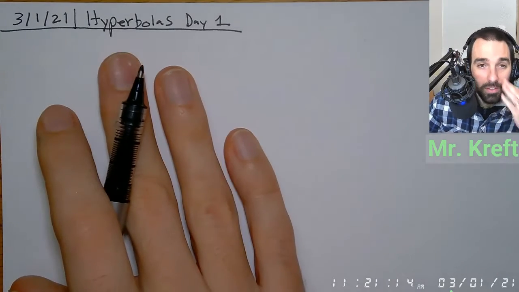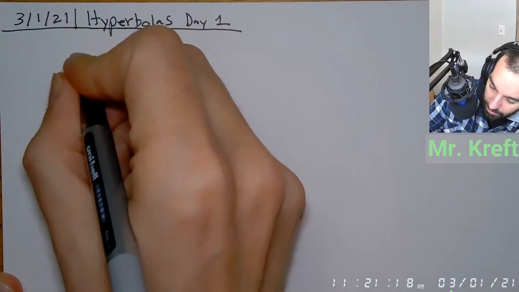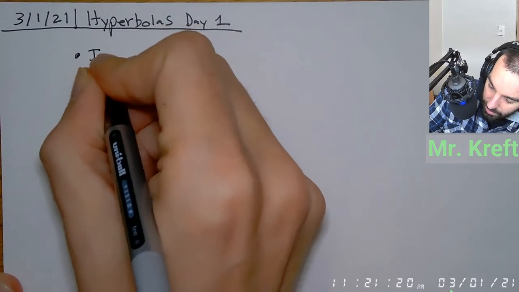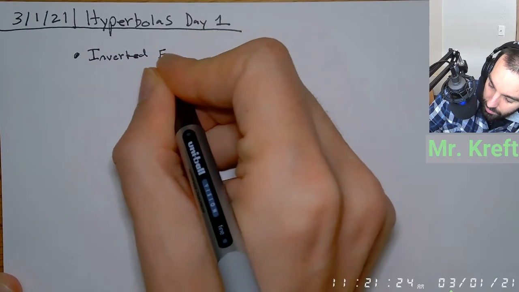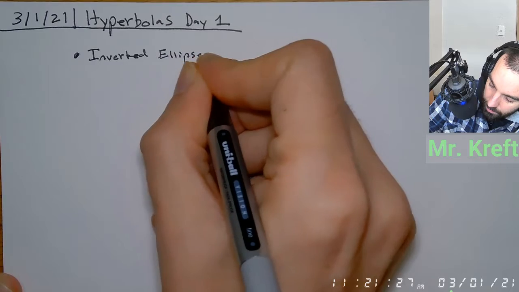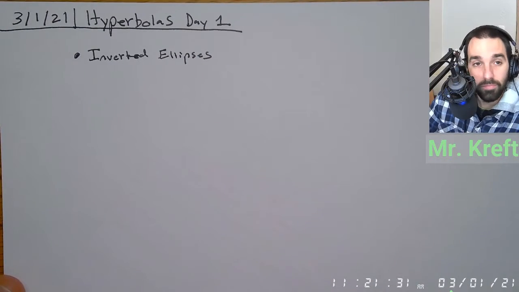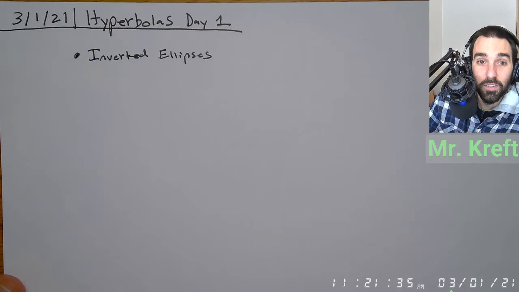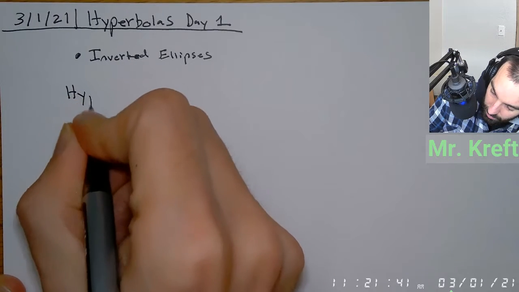So what's going on here? Hyperbolas. One way to think about hyperbolas is they're inverted ellipses. That's because for an ellipse, we defined an ellipse as being all the points where the sum of the distances from the foci is constant, right? So a hyperbola,